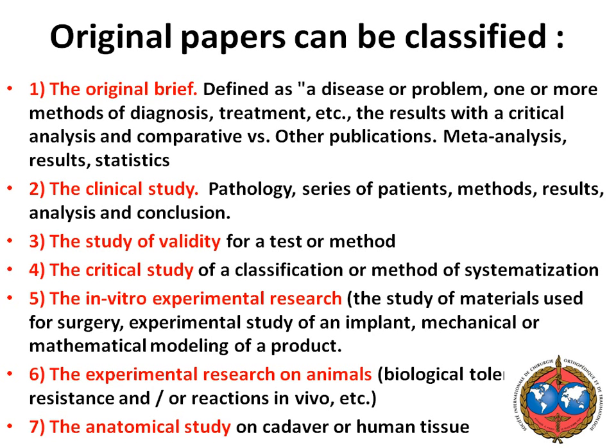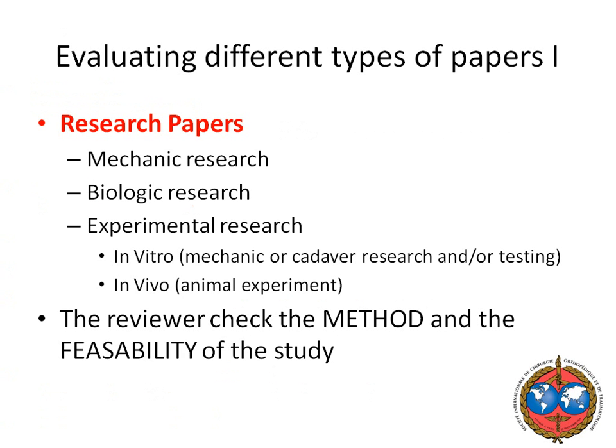There are also papers that study the validity of a method in the literature, and they are important to be followed, especially in research. There are also studies about dealing with critical appraisal of a classification or a method. There are also in vitro experimental research, in vivo on animals, and of course the anatomical study on cadavera. So the research papers can be basically classified in mechanical research, that's in orthopedics, biological research, experimental research, in vitro,